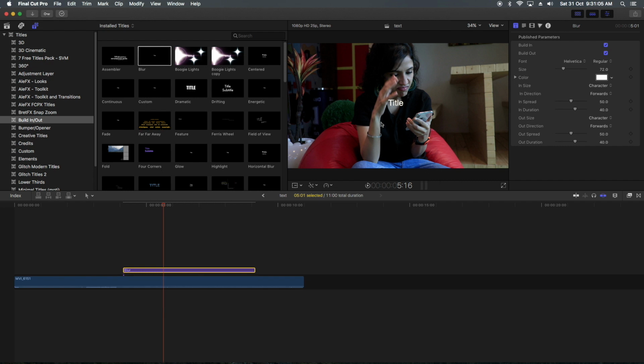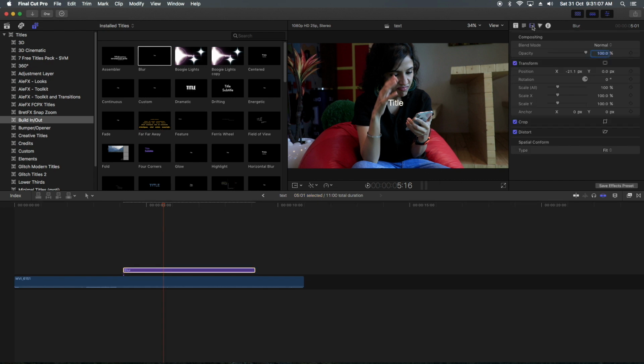If I use these transitions, then in the inspector window I can also use opacity, blends, even rotation, as well as crop. So everything which I can do in clips, this title layer is also treated as a clip layer.